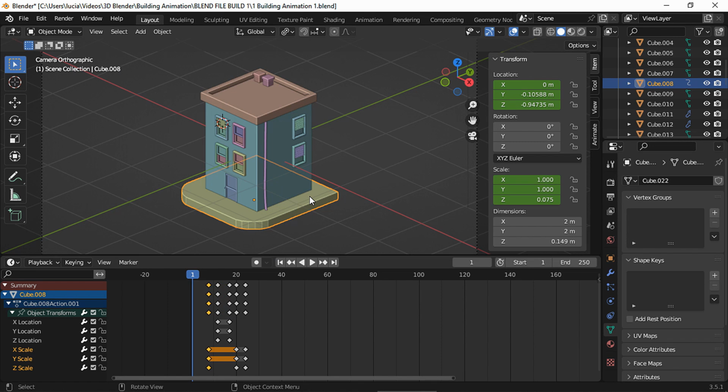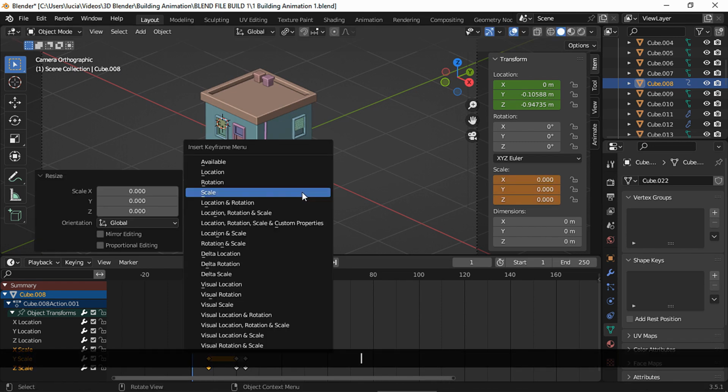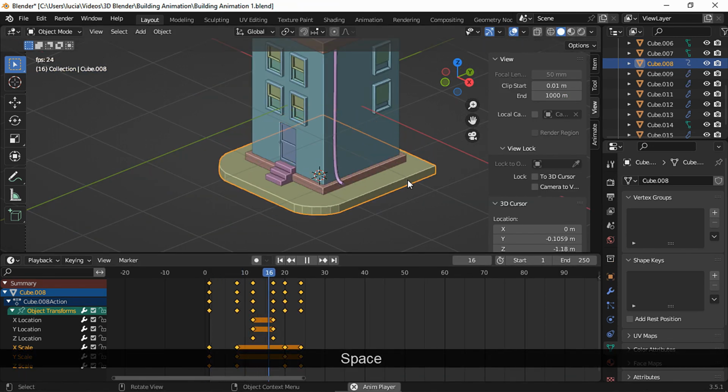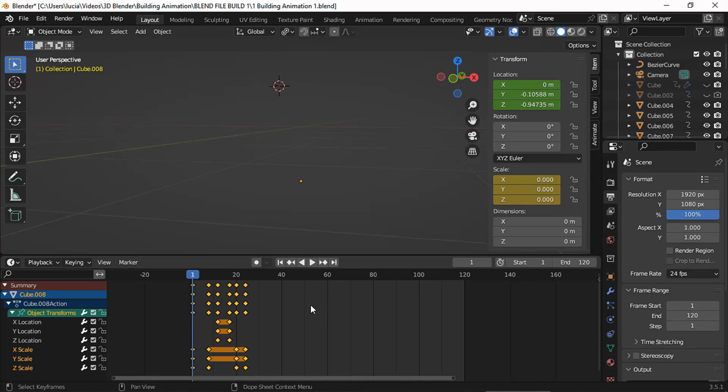And in frame 1, scale to 0 and set a scale keyframe. Let's see. So first, the object appears from the top, then it goes down, it scales down a bit more, and it goes back to its final shape. I'm gonna show you keyframe by keyframe and you can see the values in the transform panel.